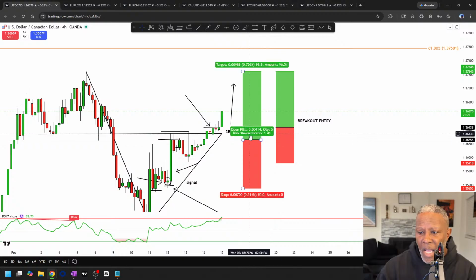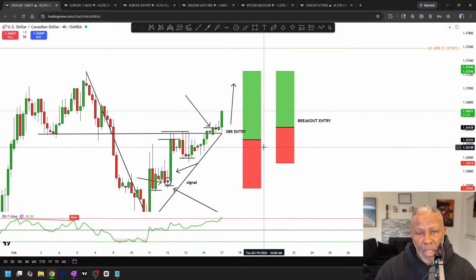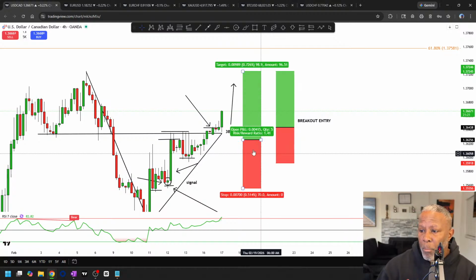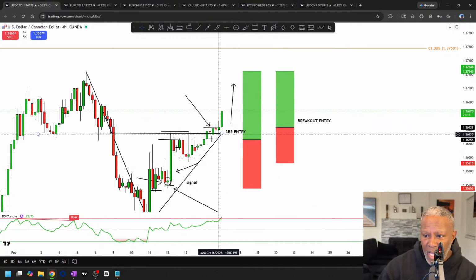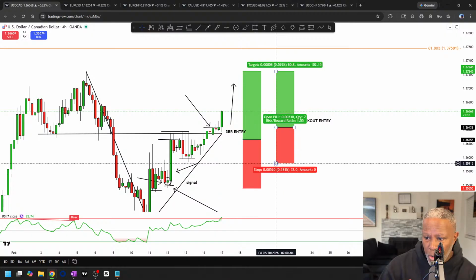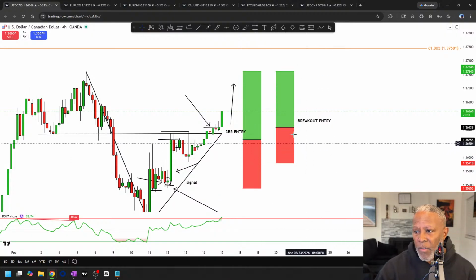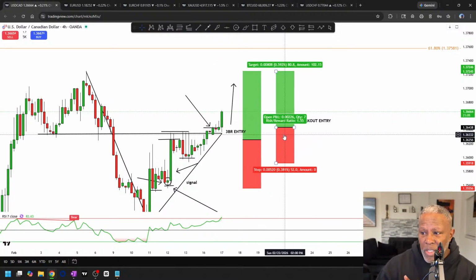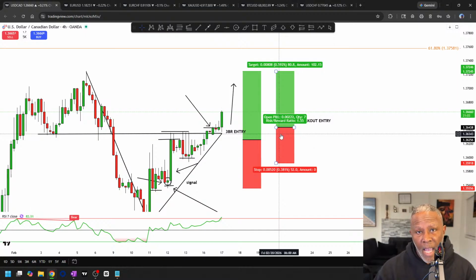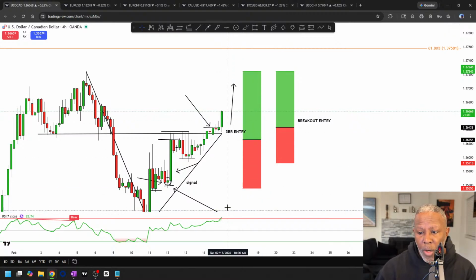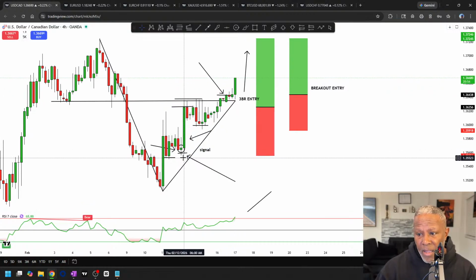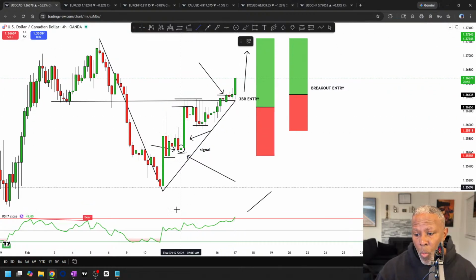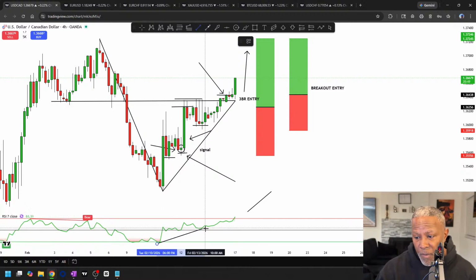See, the problem is they don't really have a place to put their stop. It's going to be arbitrary. Okay? But for the sake of a decent trader, let's say they were going to put it up under the structure, then they'd be looking at 155. So the breakout risk versus reward is a little bit higher, but they're late and it's at risk because you're already overbought. Versus, here's the good part about it, entering at the 3-bar reversal where you're oversold with bullish divergence,